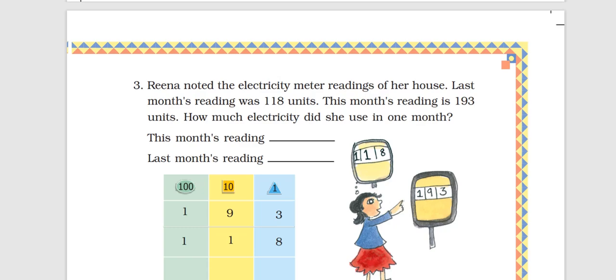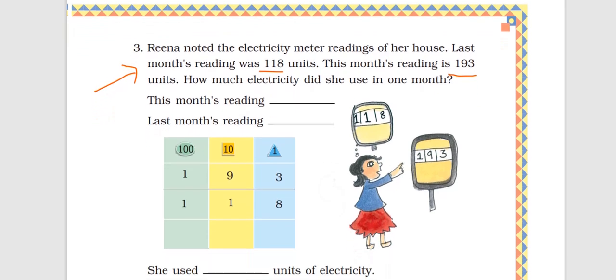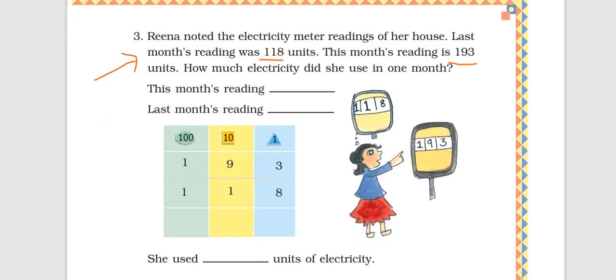Okay, now Reena noted the electricity meter readings of her house. Last month's reading was 118 units. This month's reading is 193 units. How much electricity did she use in 1 month? Basically, we need to find out the difference. Right? 193 minus